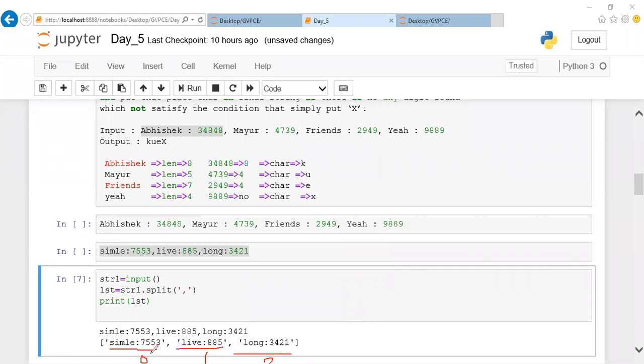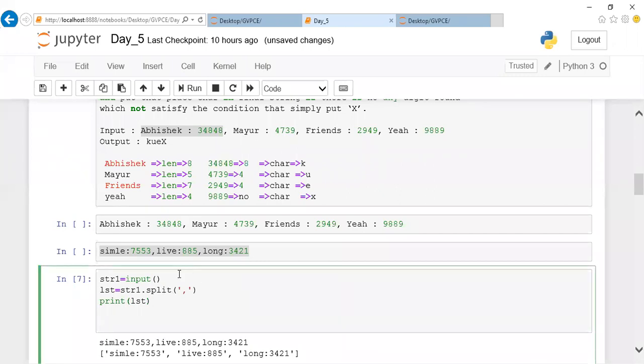Here I'll be having 0, 1 and 2. Those are my values. Now you can fetch the value by using an iterator, for I in your list. Guys, I'm not going to do a complete program. I'm just going to guide you how to separate the values. If I separate the values, then you can put the logic in and easily find it out.